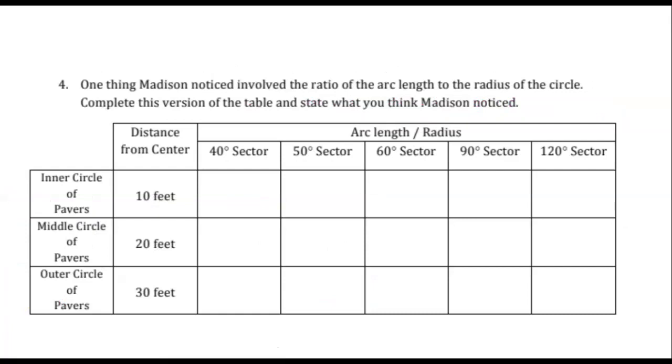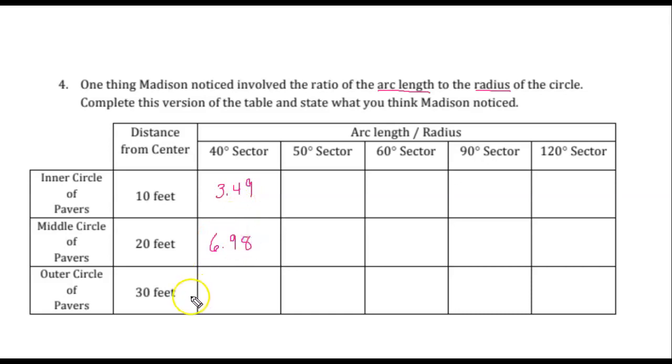One thing Madison noticed involved the ratio of the arc length to the radius of the circle. Complete this version of the table and state what you think Madison noticed. So if we look at our information from our chart above, we're looking for that ratio between the arc length and the radius. So our radius is 10, 20, and 30 feet, and we just found the arc length up in the table above. If we do that ratio or that division, we end up with 3.49,